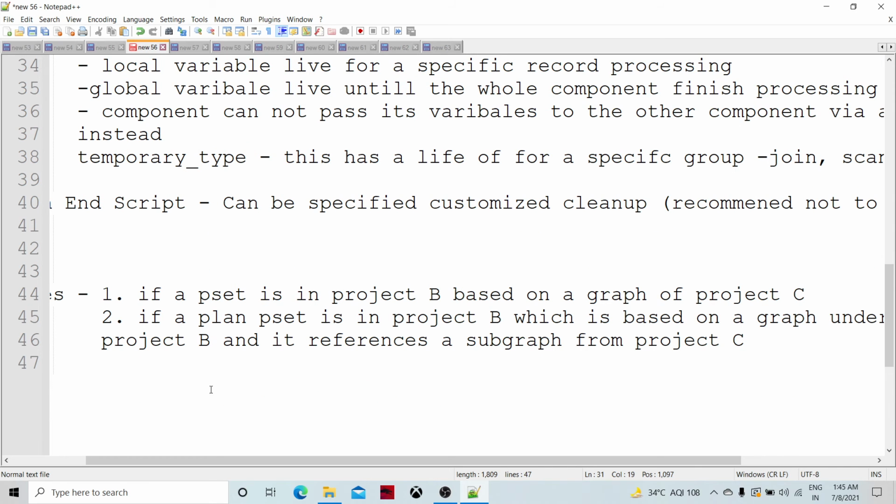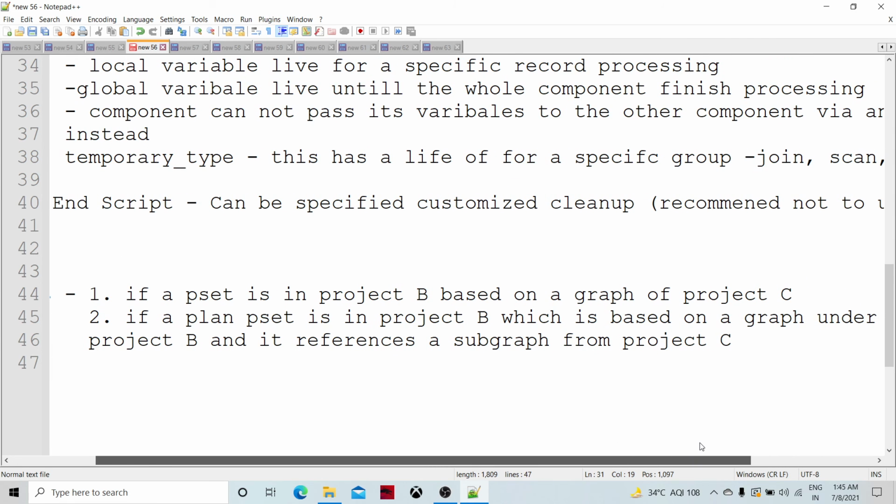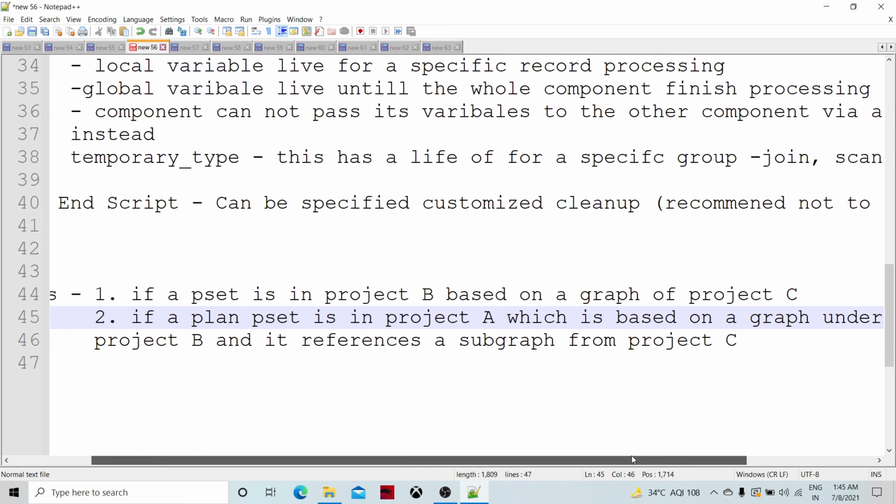Now, if we talk about a PSET in project A, let's say, the PSET is in project A, and the graph over which the PSET is created is in B, and then it is referencing the subgraph from project C. This kind of setup is also available.